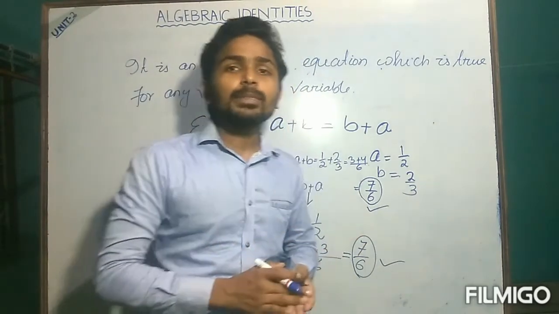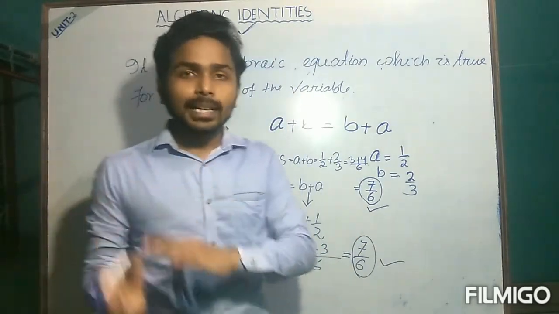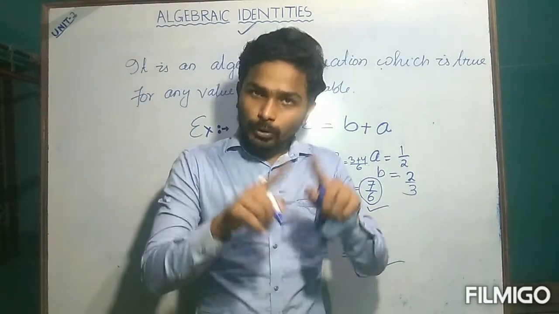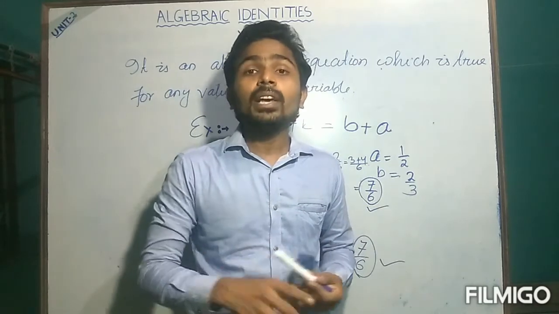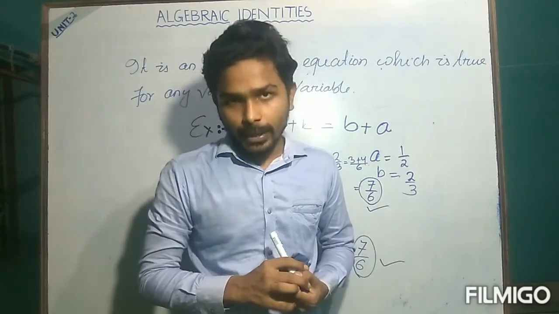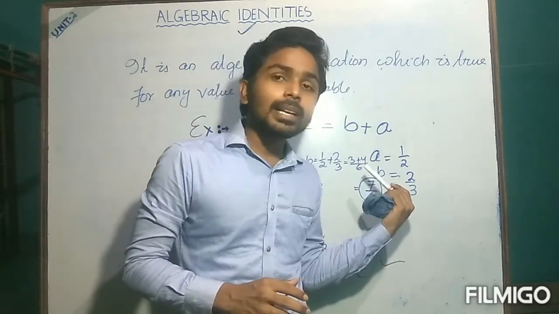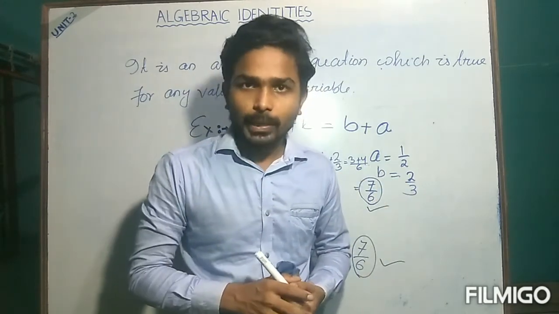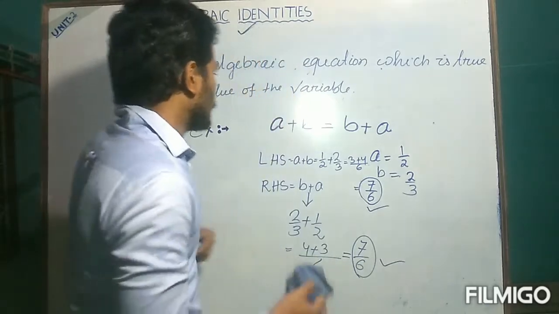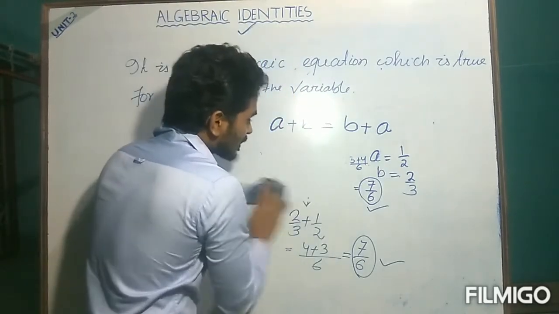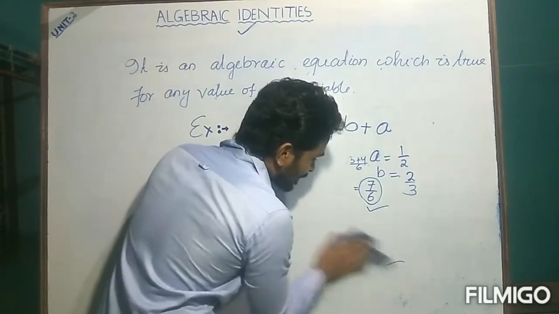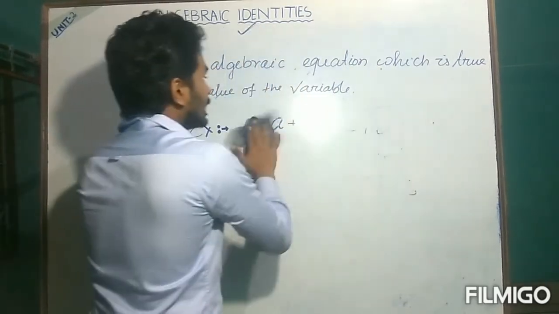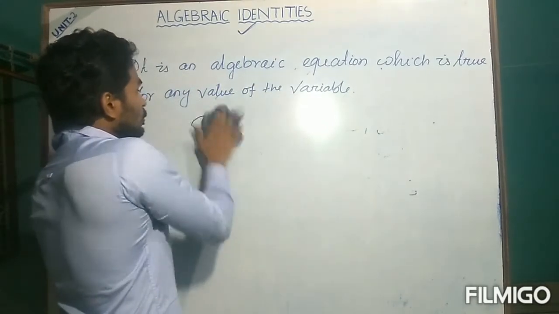So this is the basic difference between algebraic identities and algebraic equation. In an algebraic equation, both the sides are equal but only for one value of the variable. But in algebraic identities, both the sides are equal for any value of the variable. Clear now? So now let us discuss